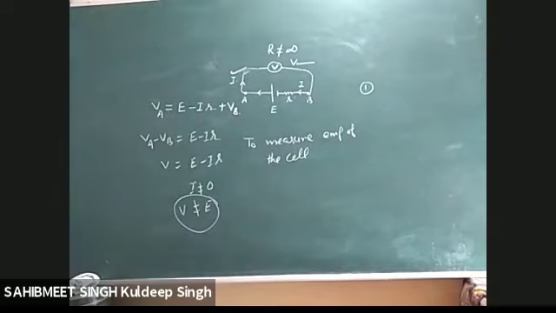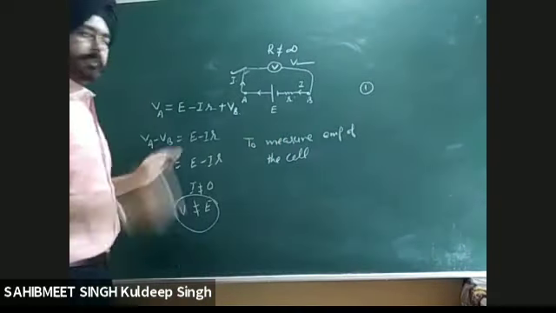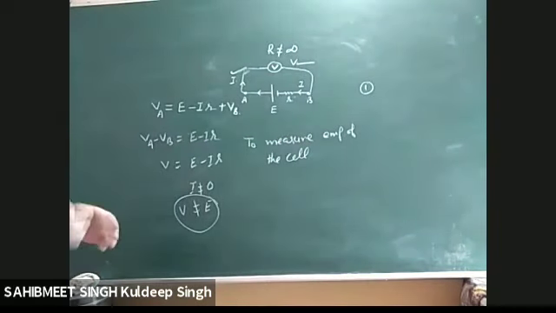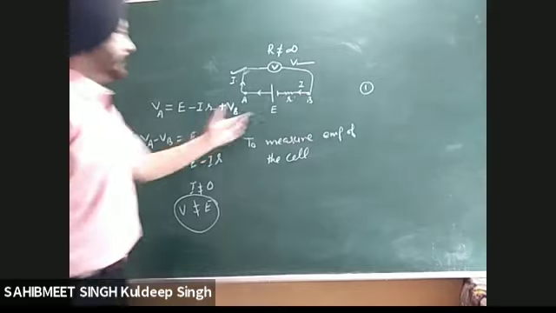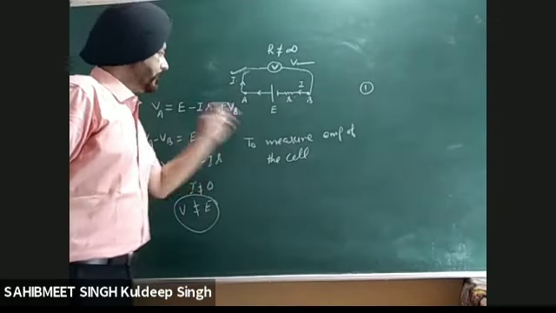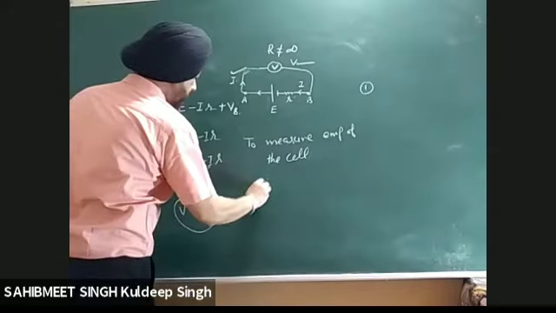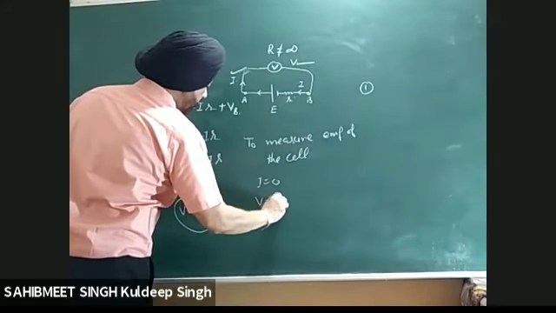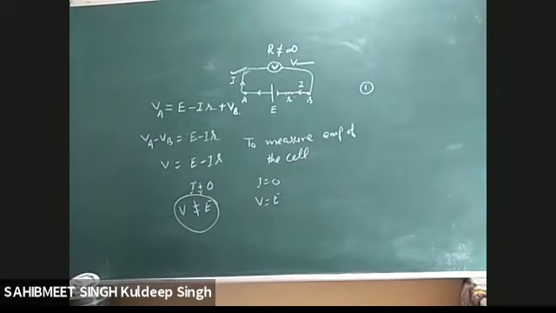But instead of this voltmeter, if I connect the potentiometer here, and the potentiometer is based upon a null point, there will be no current in that case. Already today we have calculated the EMF of the cell in the first numerical. So in that case, the potentiometer does not draw any current. Therefore, this situation is satisfied. Current is equal to 0. Therefore, V will be equal to E. That's why we prefer to measure the EMF of an unknown cell by using the potentiometer.